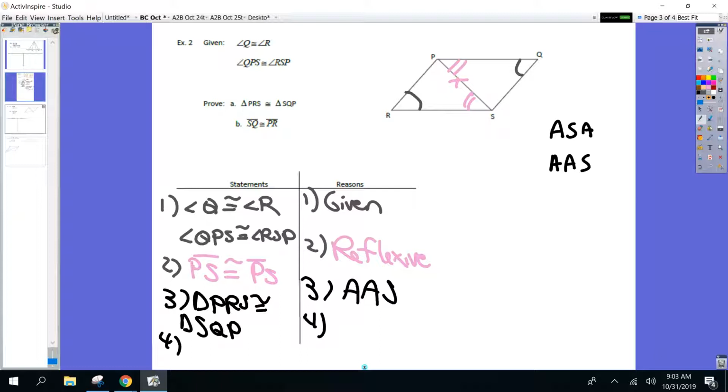Flip it over. SQ would match up with RS. Then why am I saying SQ and PR are the corresponding sides? Because watch, when you flip this over like this, I 100% agree those two angles match up. But would those two angles match up? Would these, if I just flip this triangle over right on top of each other,